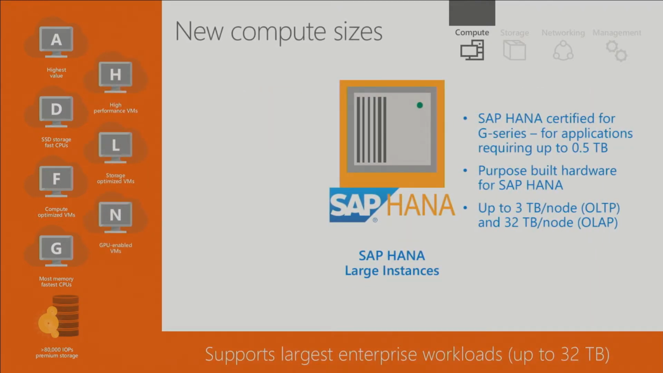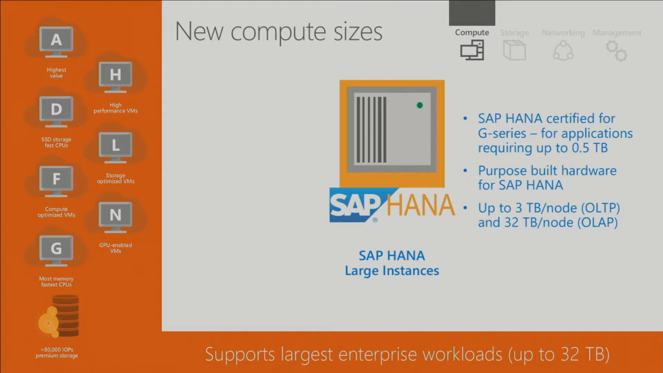With that, I want to talk about the last of these sizes. This is kind of a different category, if you will. We announced the general availability of SAP HANA large instances yesterday. We talked a little bit about the G series, which is very well suited for these large enterprise kinds of workloads. G5, which has about 0.5 terabytes of RAM, is certified for SAP HANA applications. But if you need more than 0.5 terabytes, for large workloads, then we have purpose-built hardware that's supported for